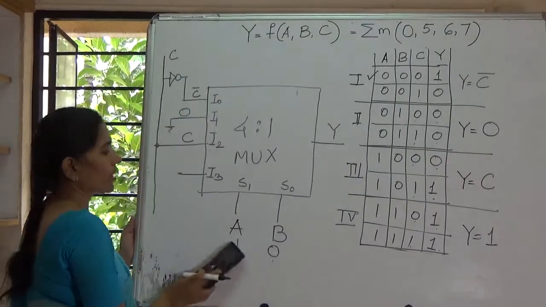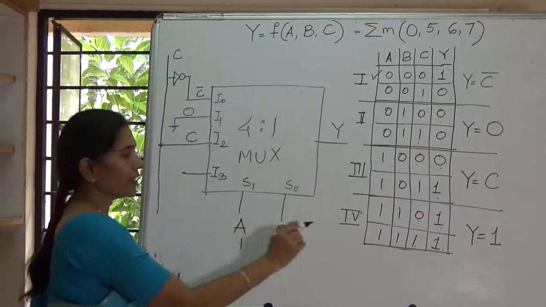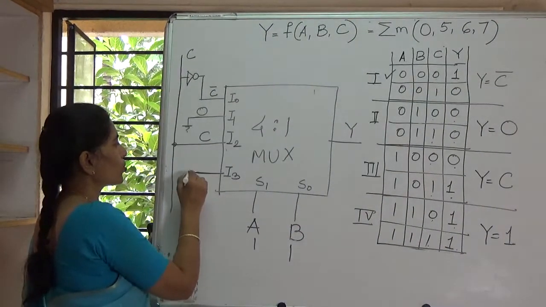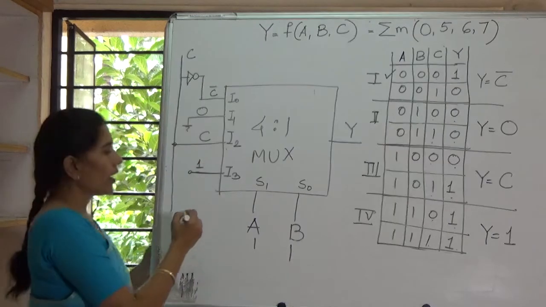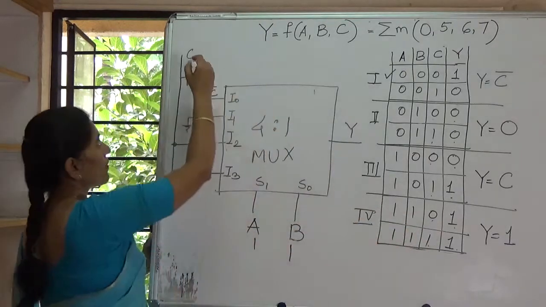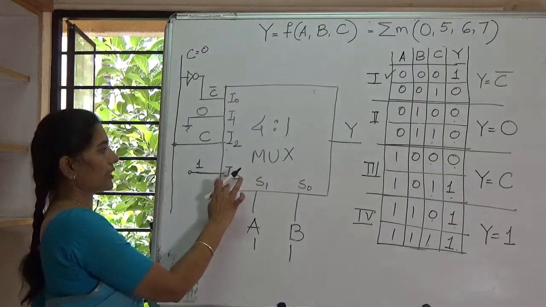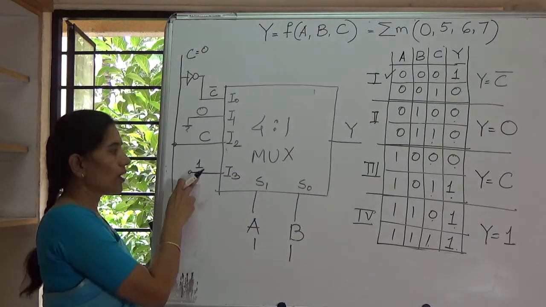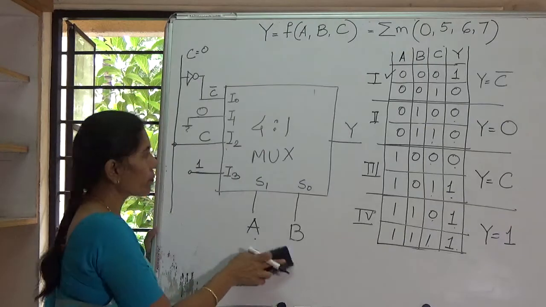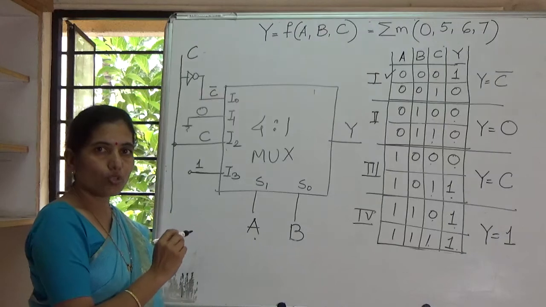And now for the last combination, that is 1, 1, when the I3 line is going to be selected, we expect the output Y to become a 1. So we connect the I3 line to a 1, that is to VCC, and whenever AB is 1, 1, irrespective of what C is, so if you give a 0 over here, because we are giving 1, 1, I3 is selected, but I3 is permanently connected to 1, so output Y will become a 1. So this is how one can implement a Boolean expression with a 4:1 mux.